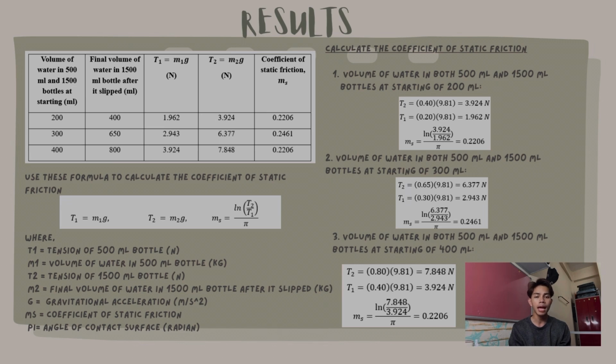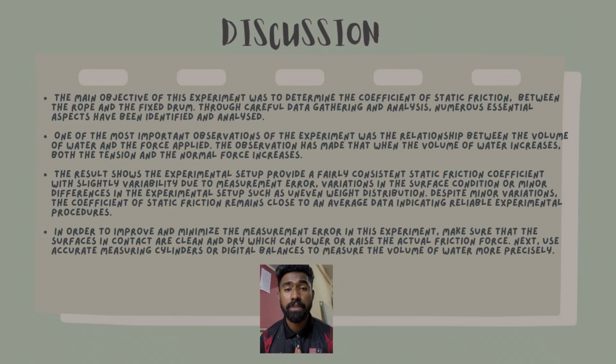0.2461. And the last one, at 400 milliliters, the coefficient of static friction was 0.2206. So, from this result, we observe that the coefficient of static friction ranged from 0.2206 to 0.2461. Discussion. The main objective of this experiment was to determine the coefficient of static friction between the rope and